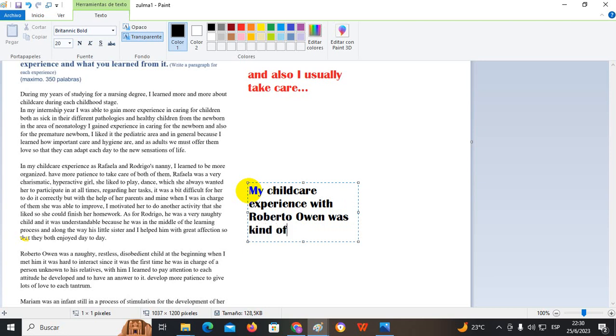Was kind of difficult at first, but, o sea, tenemos que hacerlo sonar como que fue difícil, pero que ellos vean que lo estás viendo por el lado positivo, ¿no? My childcare experience with Roberto Owen was kind of difficult at first, but I